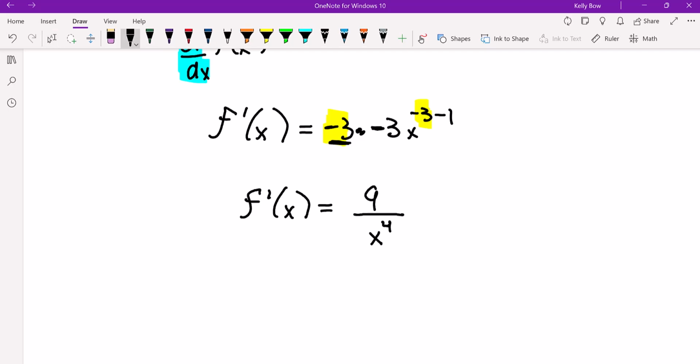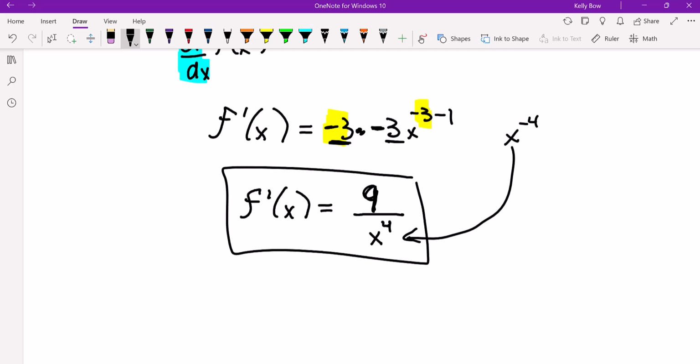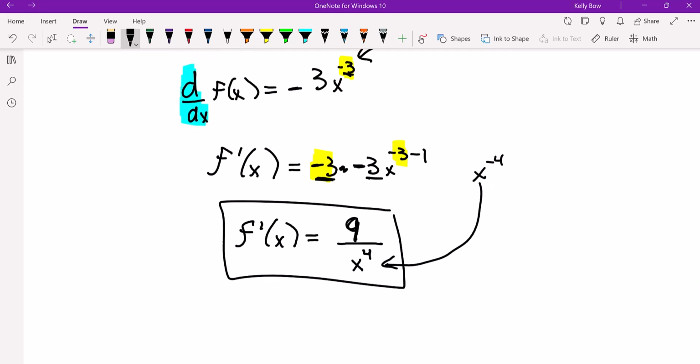And we've got negative 3 times negative 3, which is positive 9. And this x to the negative 4, using laws of exponents, gets put in the denominator. Oh, and I put f prime. I was using dy dx, so I should stay consistent. That looked, I'm sure, pretty weird. Yeah, if we're doing dy dx, just